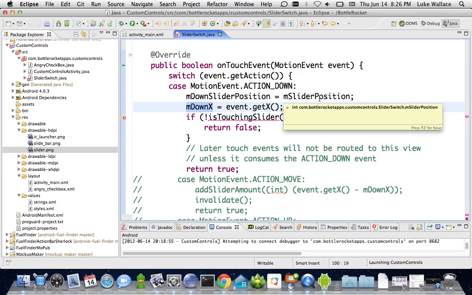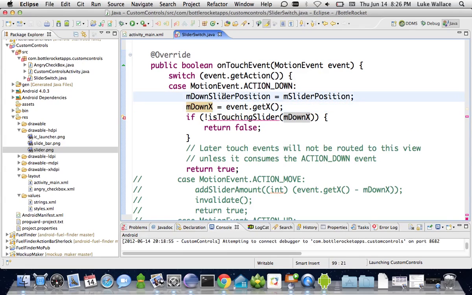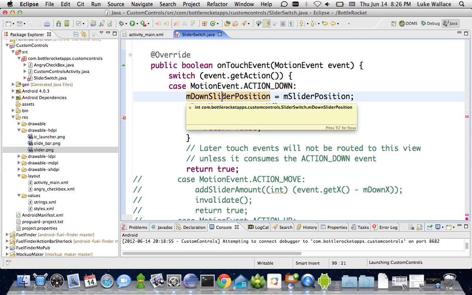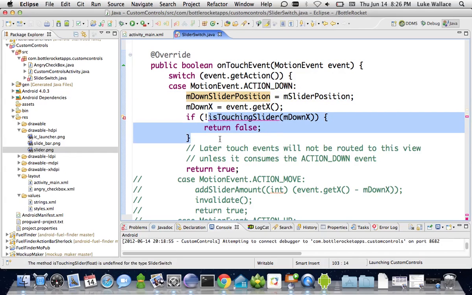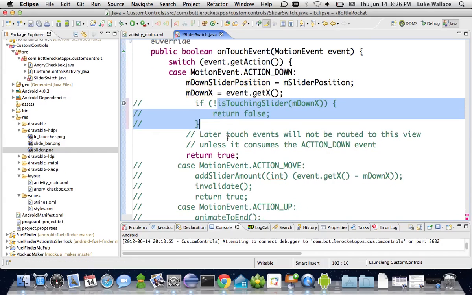Again, this is really just kind of unidirectional, so we don't really care about the Y's in any of this. So let's get the position along the X-axis that they were at. And we'll save that. I can comment this back out for a little bit. And we'll return true, basically saying yes, if they touch down and it comes in on my view,